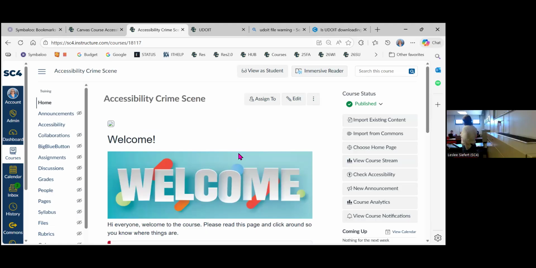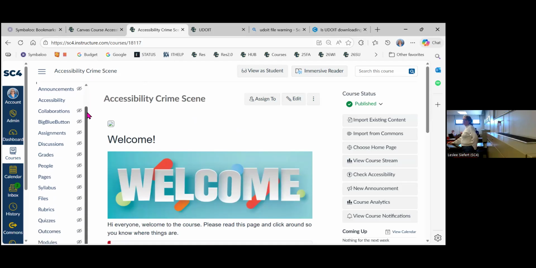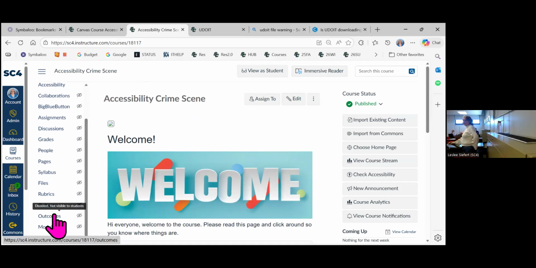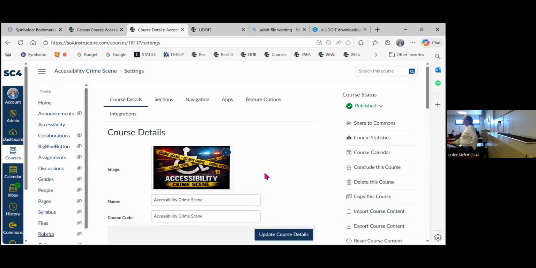All right. Does everyone have a course up? What we need to do is have buttons on the left that we can click. Accessibility should already be there. About three or four weeks ago, that was enabled on our campus, so that button appeared in all of your courses. If you didn't notice, it is there. But we need a couple tools, and the way we do that is we need to adjust the course navigation. So if you scroll down to the bottom and click on settings, and then go to navigation,